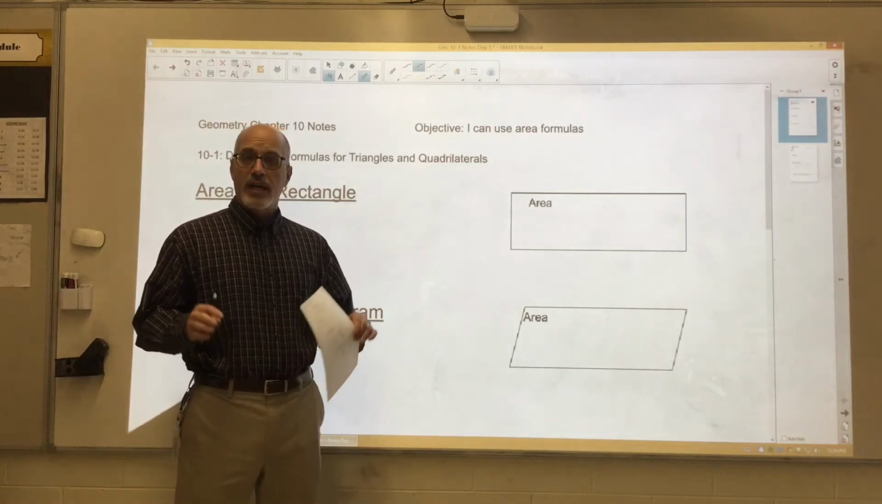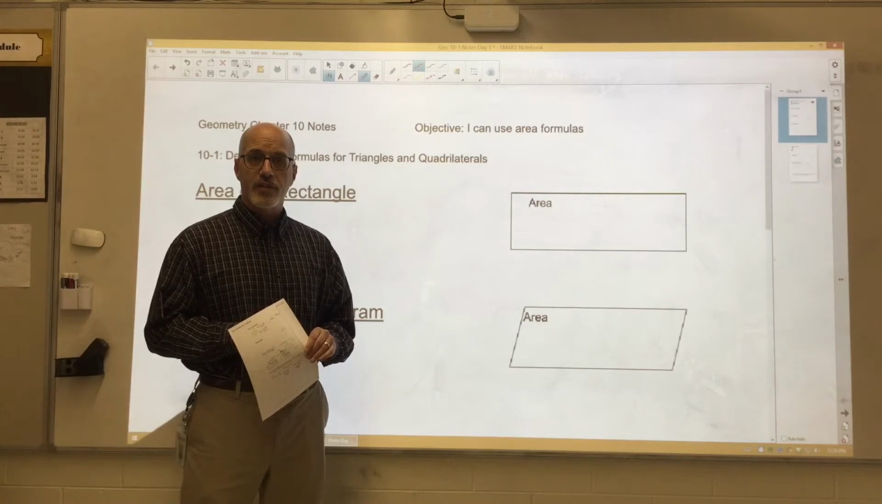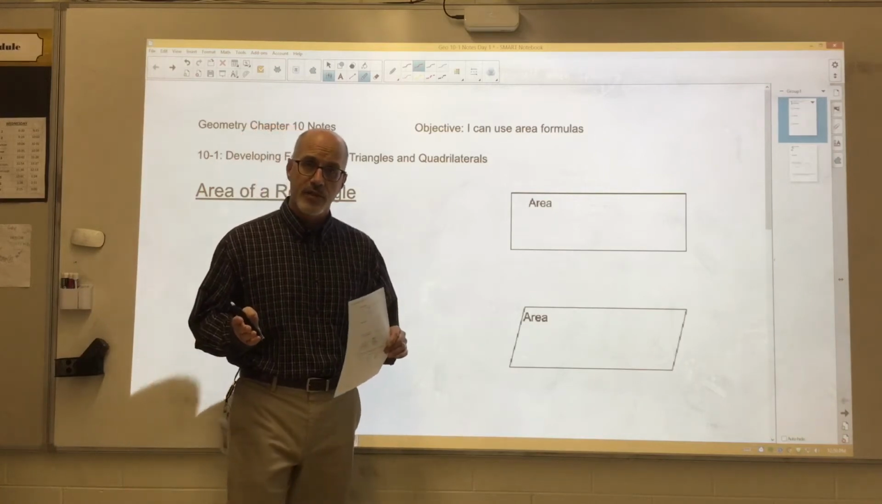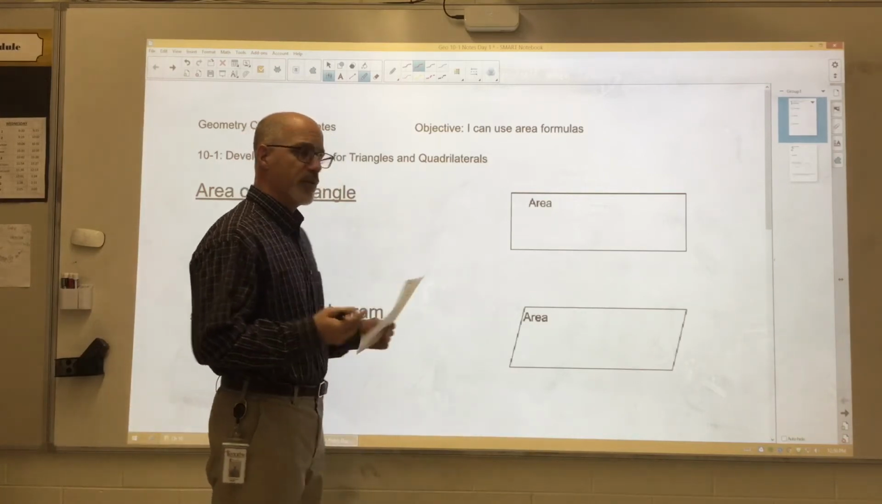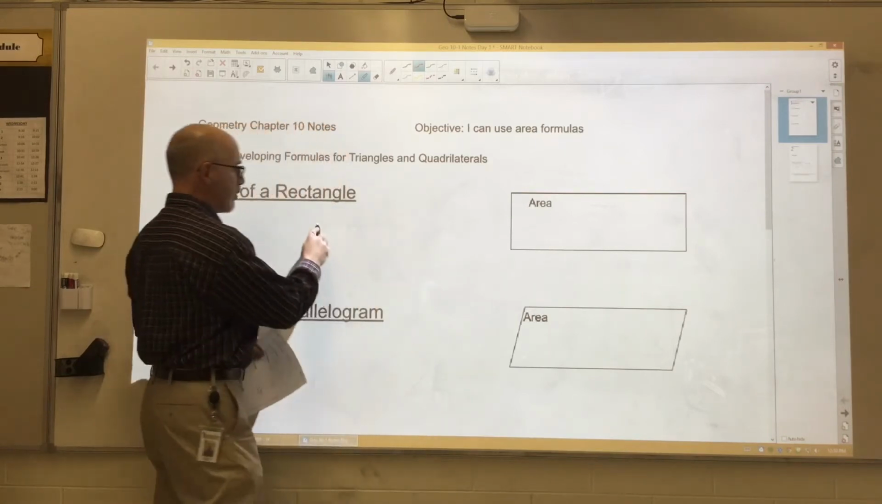Today we want to work on how we develop some of the formulas for area of different figures. We're going to only work in the two-dimensional figures. We're going to talk about area, but let's start with the ones that we're familiar with. Like, we're very familiar with rectangles. If we've got a rectangle,